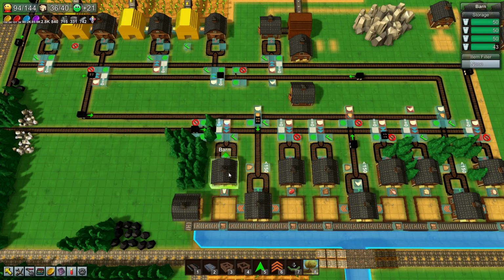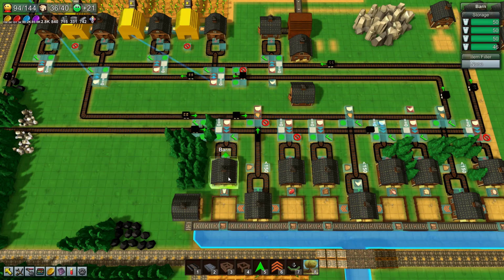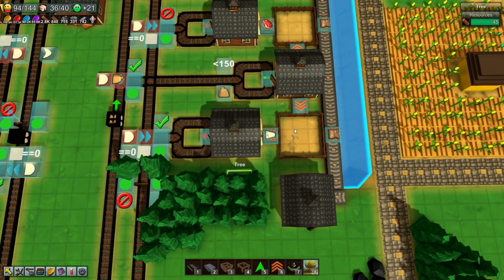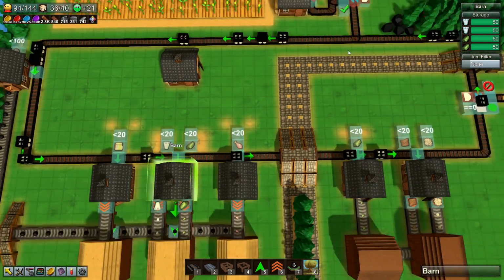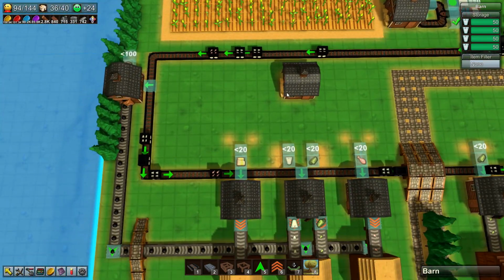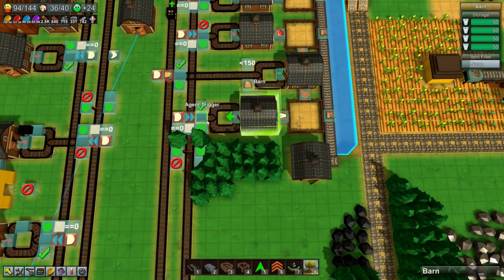So we have a barn, and then in front of it you have another barn which is directly on the line with a stop, and in between that you have a grabber, which I think you can turn off grabbers with toggles, and you basically say if this is less than what it desires and the barn that's on the railway track is less than the same amount, say 20 for instance, then activate the grabber, and the grabber will start loading the barn, and once the barn is loaded it will then go